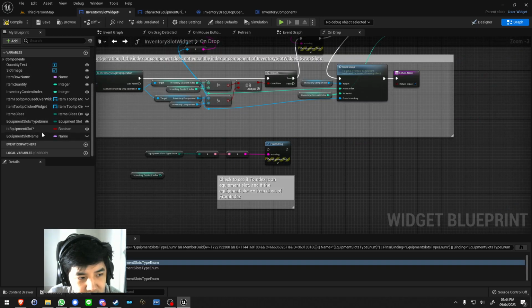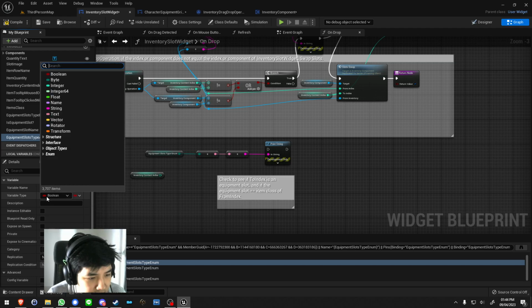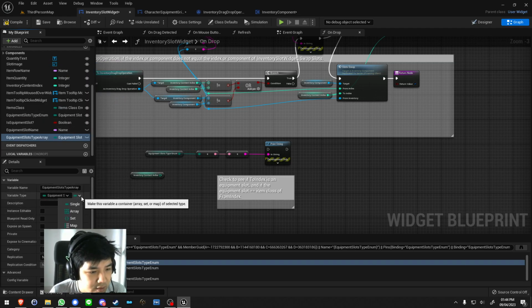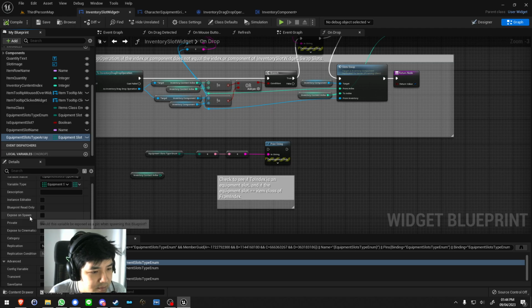Can I just make another variable here? And then we'll turn this into equipment slots. But then, default value, I mean,